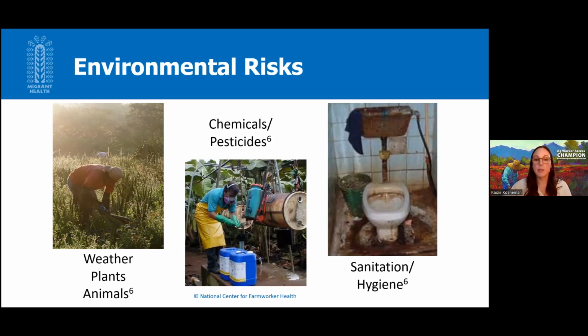The EPA estimates between 10 and 20,000 poisoned agricultural workers per year. The exposure to these pesticides and chemicals also puts their family members at risk as well, due to the residue that can be left on their skin and clothing and shoes that they may bring home from work at the end of the day.